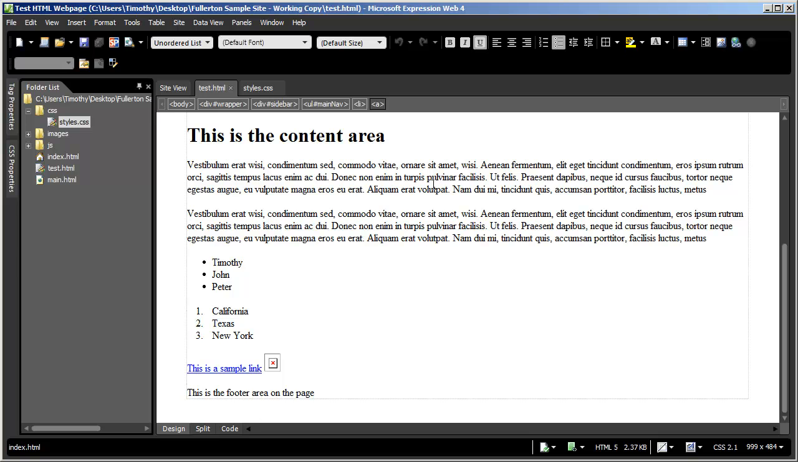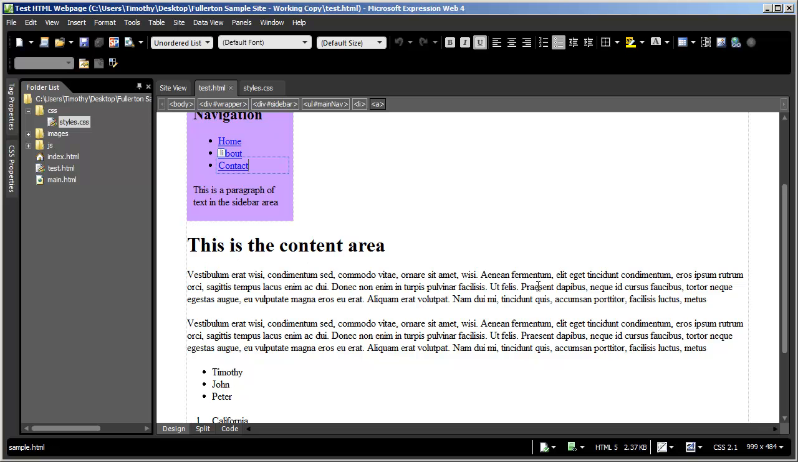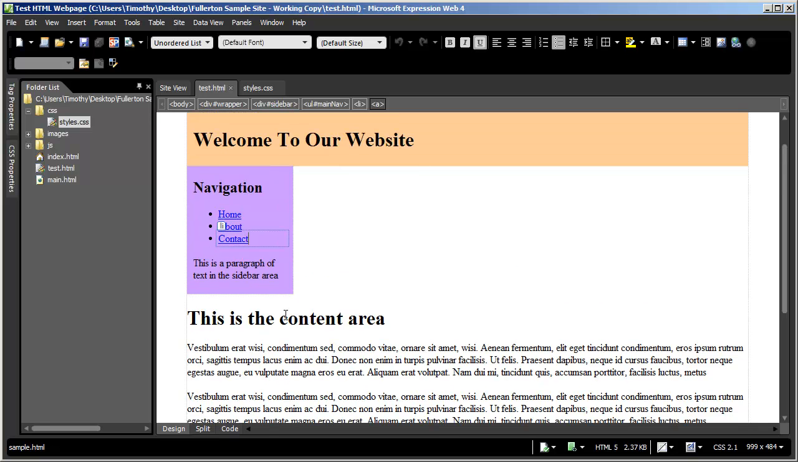Now, the next thing that we need to do is change the width of our content area here. I actually need to fix that link there for the image as well. We need to change the width of the content area so that it will fit over here. And then we need to allow that content area to move up into this space. So let's go ahead and go into Code View